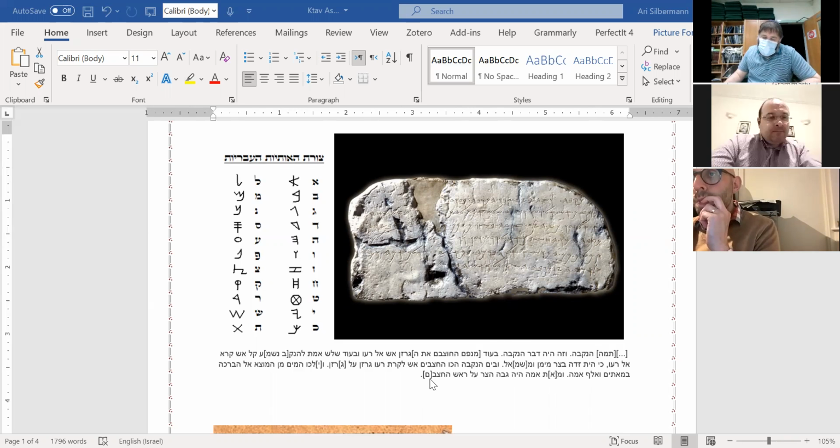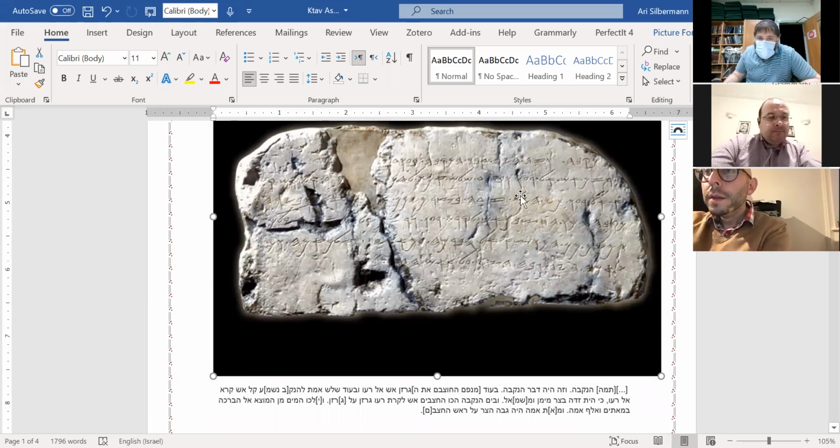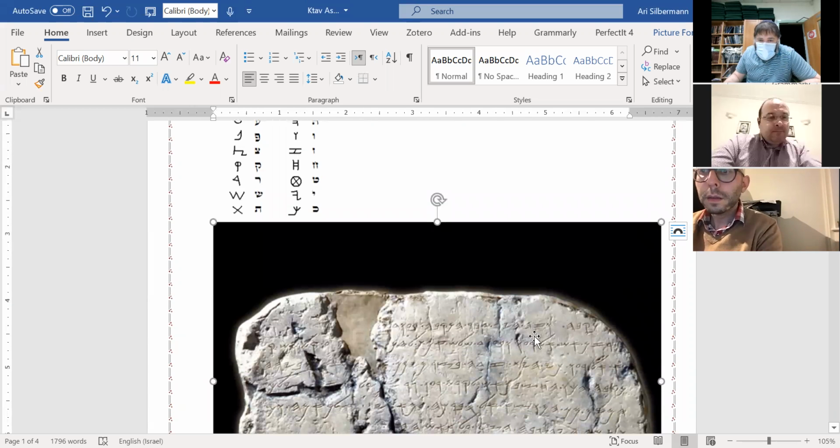And here's the Hebrew. I'm not going to read it. We don't have so much time. But here you see on the writing, it's Ivri script. I'll try and make it bigger here on the computer. Right, but you see here, just as an example, that's a hay over there, and over here, that's like a hay. Or that's like a hay as well. You see it there? Like the fourth letter from the right.